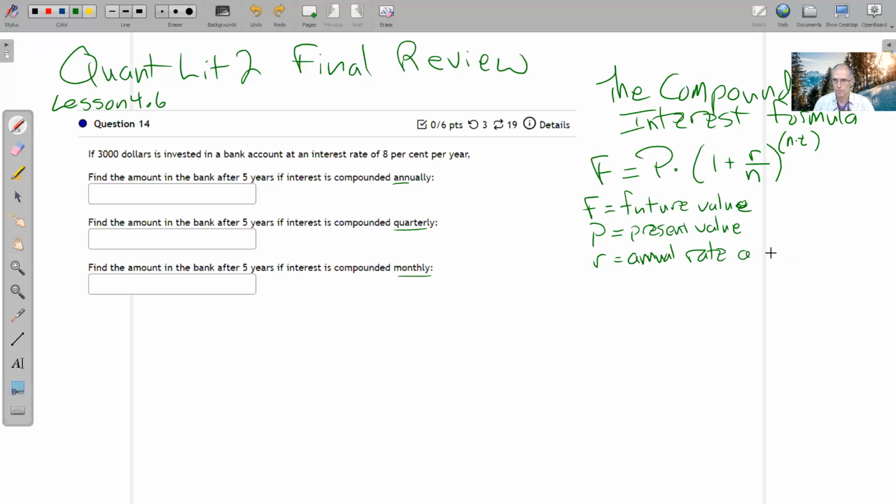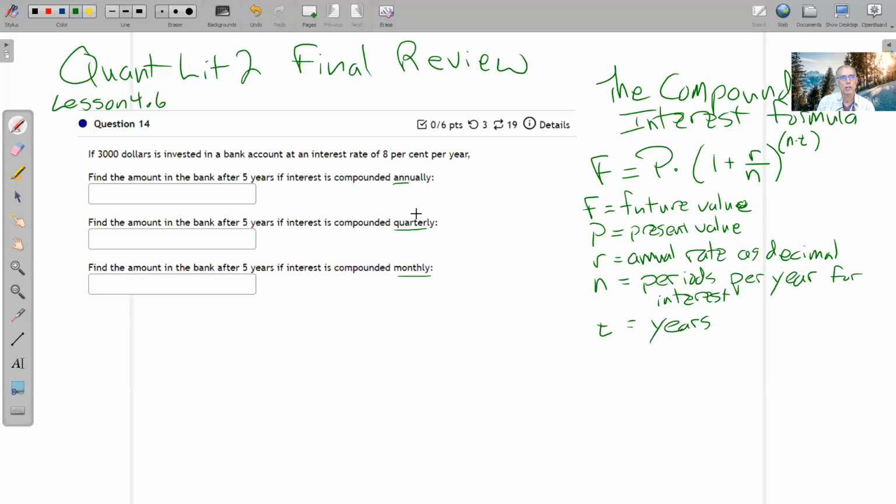N is the number of times per year we get interest. And then T is the total number of years